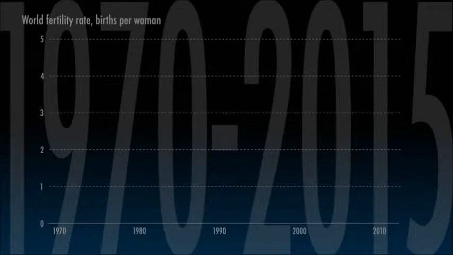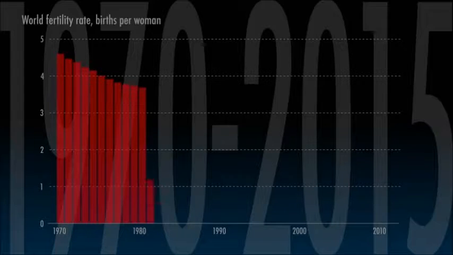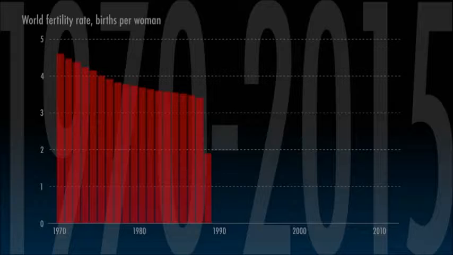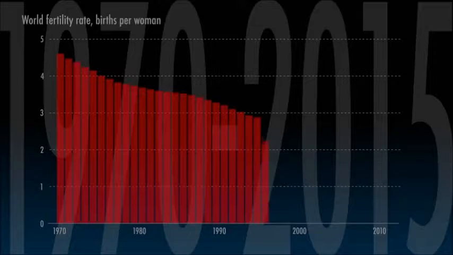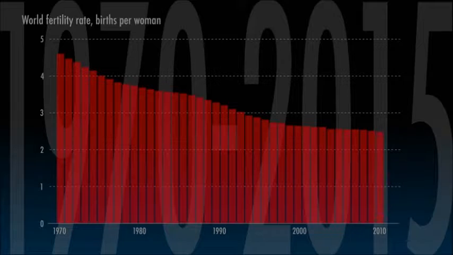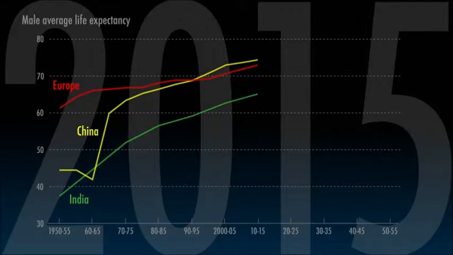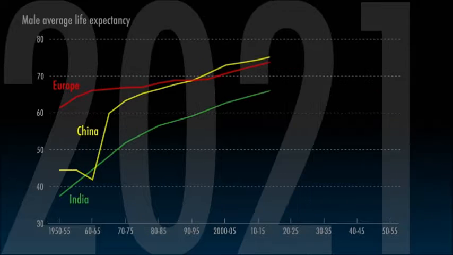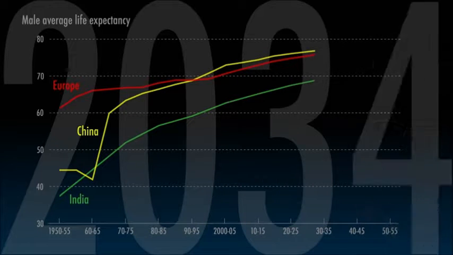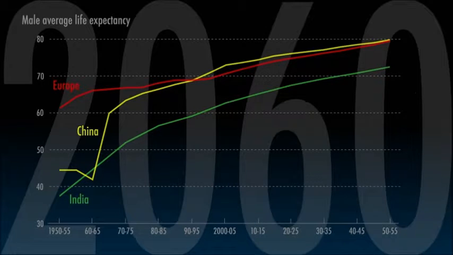From 1970 to 2015, the dominating influence upon the global population was the fertility rate. That's the number of children a woman can expect to bear during her lifetime. It fell dramatically over the period, meaning that the world shifted from having larger to smaller families. But from 2015 to 2060, the biggest influence upon the population will be ageing. Small families are already the norm. The fall in fertility is slowing down, and now everyone's living longer than their parents, dramatically so in developing countries.